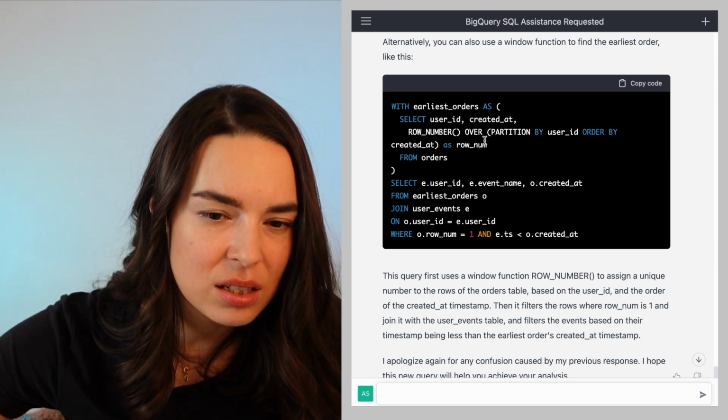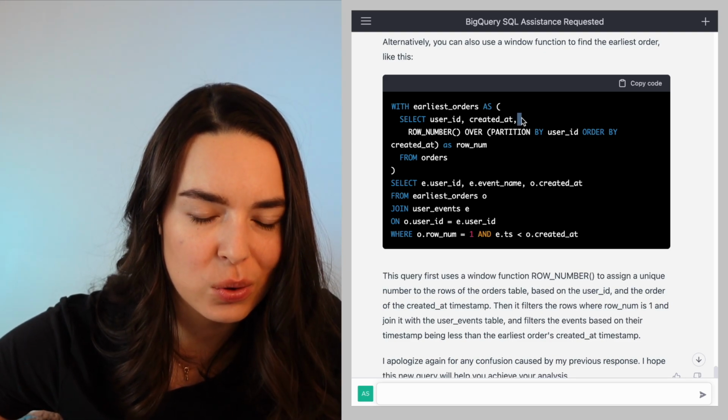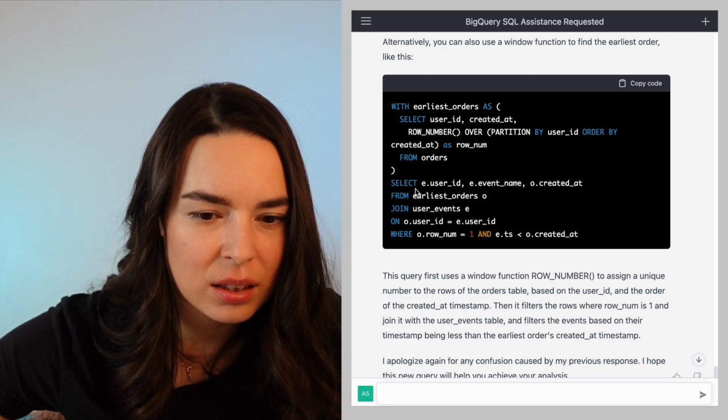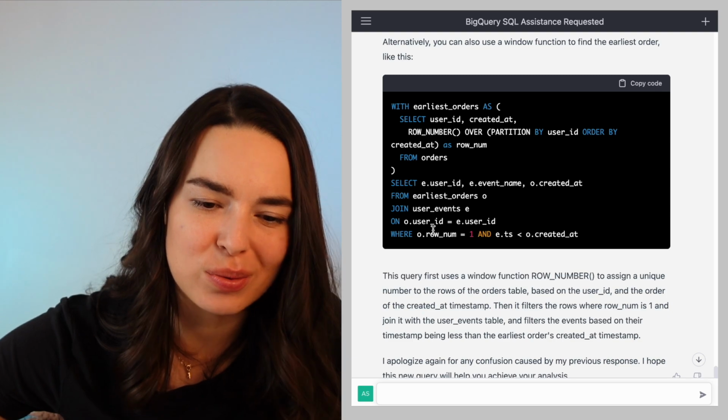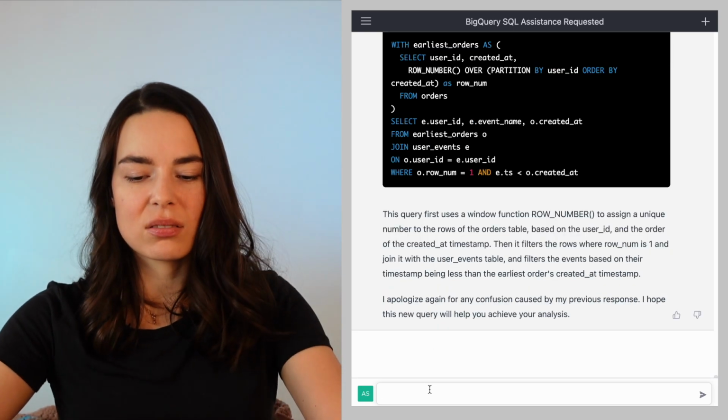Maybe, yes, okay. We still kind of want the order ID here. But we don't need to have a row number 1. Okay, let's